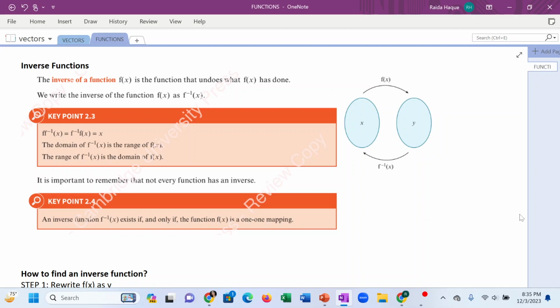So what is an inverse function? The inverse of a function is the function that undoes what f(x) has done. We write the inverse of the function f(x) as f^-1(x). As you can clearly see from this diagram over here,